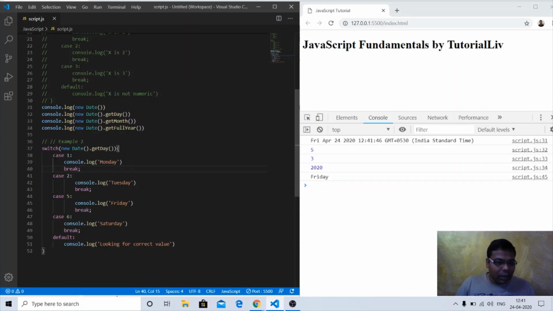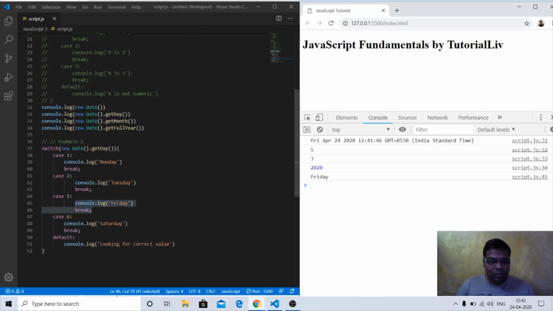I am checking case 1, whether this particular expression, as I told you, we can write an expression also here. If this expression returns value 1, the day will be Monday. If it returns 2, the day will be Tuesday. If it returns 3, 4, similarly we can write multiple case blocks here. If it returns 5, that is what it is returning here, so the day will be Friday.